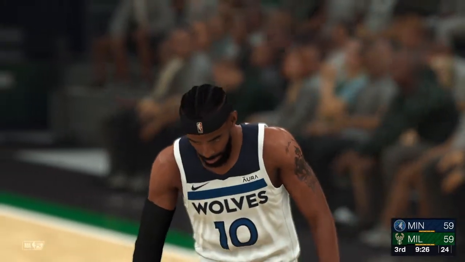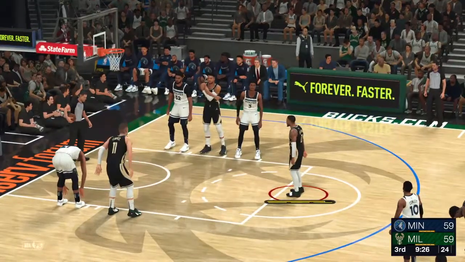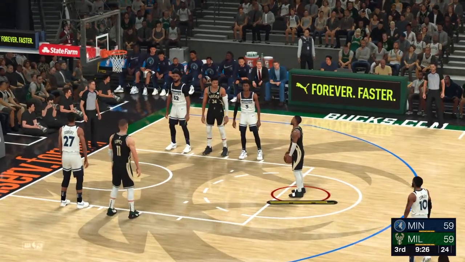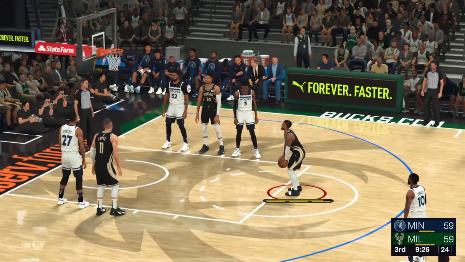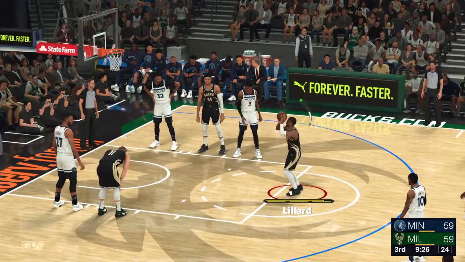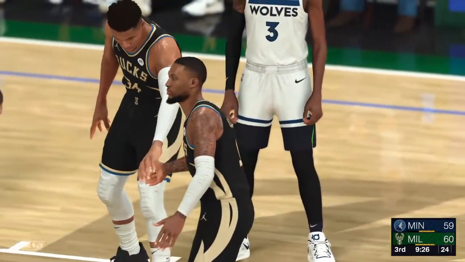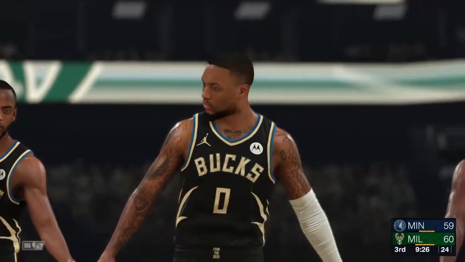Shoot 2. Free throw good from Lillard. And, you know, such a fierce competitor. Lillard can score from any